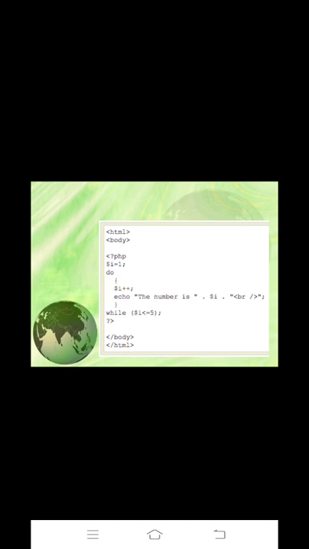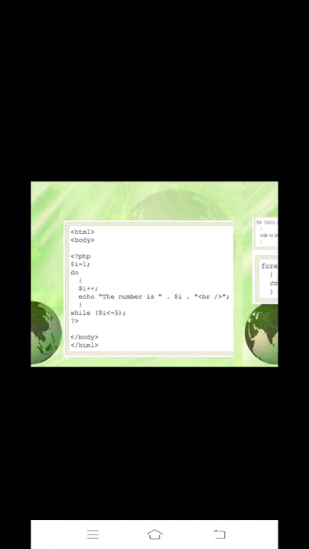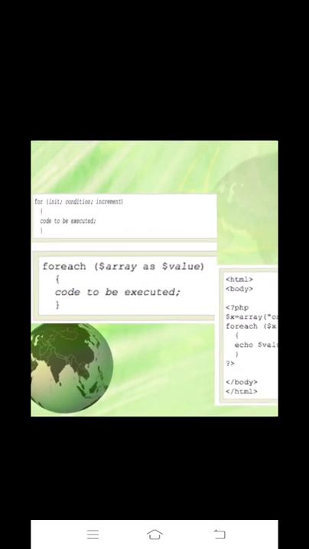The while statement is not terminated with a semicolon, but in do while you write a semicolon at the end of the while. While is entry control, do while is exit control. These are the three major differences between while and do while.